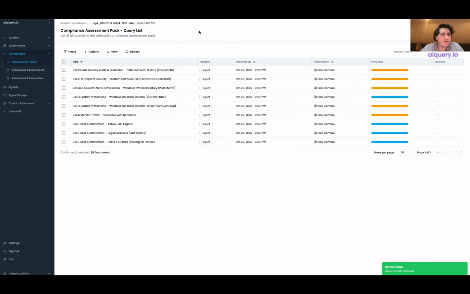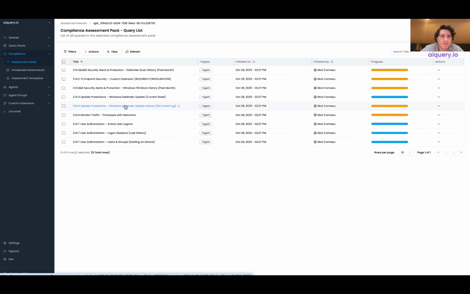All right, so we don't actually have all the results, which is fine. If you're scheduling it, you just set a time earlier in the morning and come in and check in. But we add an intentional jitter into the agent so that if you are running a massive amount of queries in a query pack, like we're seeing right here with the assessment templates, this one's a smaller one, only 9, but some have 30 plus, there's a slight delay just to make sure that we're not crushing resources on that device. But we can actually see right here